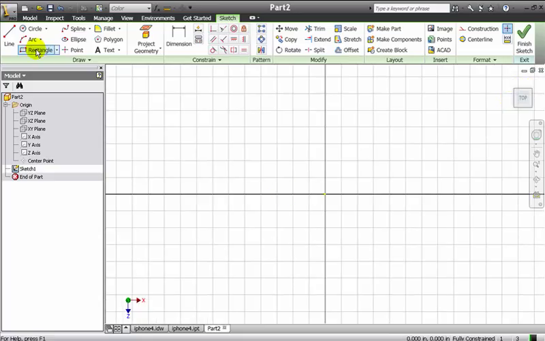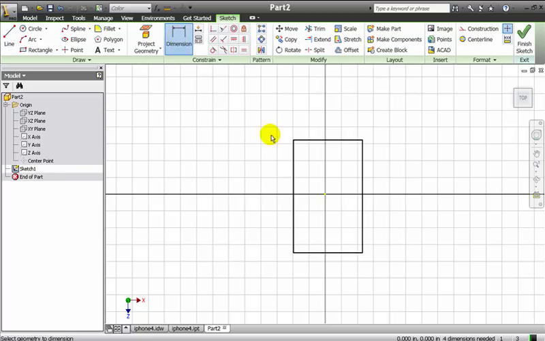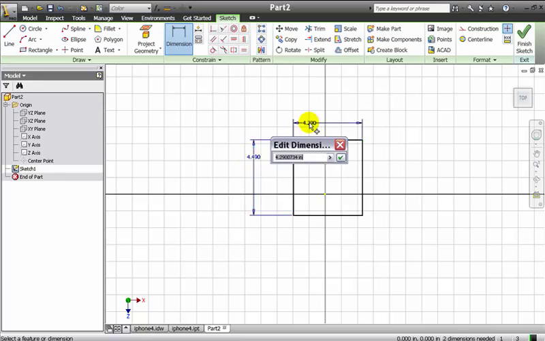Now I'm just going to make my rectangle, so go ahead and grab your rectangle tool and create a rectangle. Doesn't matter how big it is for right now because we're just going to dimension it. So the very first dimension is going to be 4.49, and the thickness is going to be 2.27,